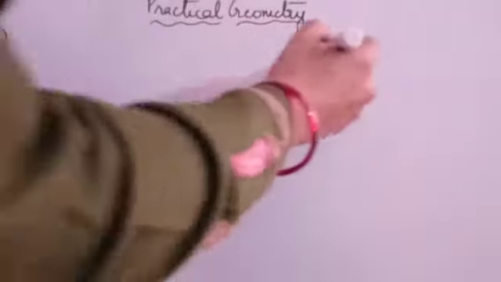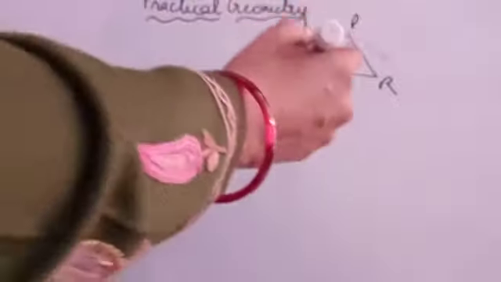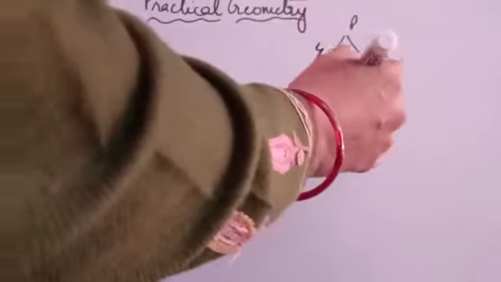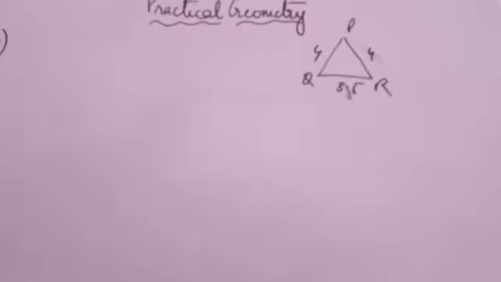So let us do when the three sides are given, and something additional may also be given along with it. Let us draw a triangle PQR, and one thing I would like to tell you, the first thing which you can do is draw a rough figure out of it. So draw a triangle PQR, where PQ is 4, QR is 3.5 and PR is 4. And you also have to identify the type of the triangle.